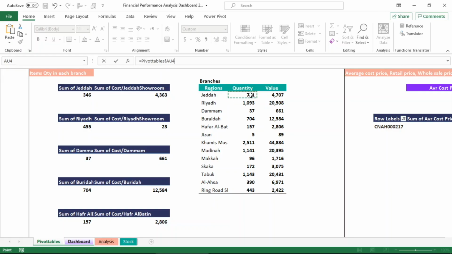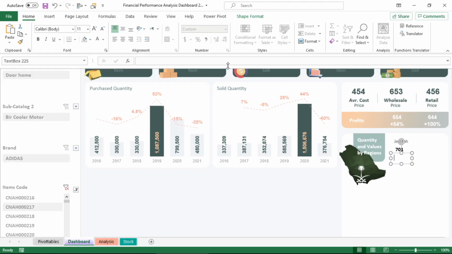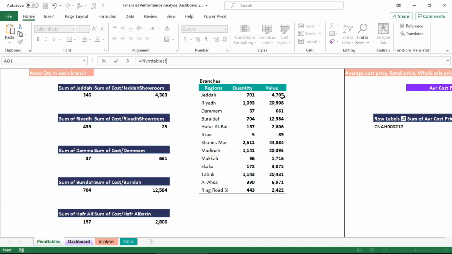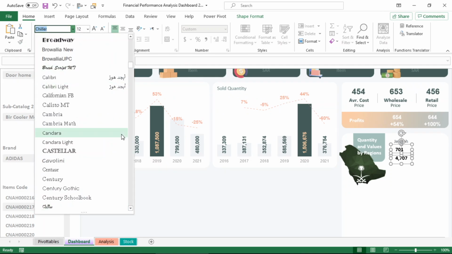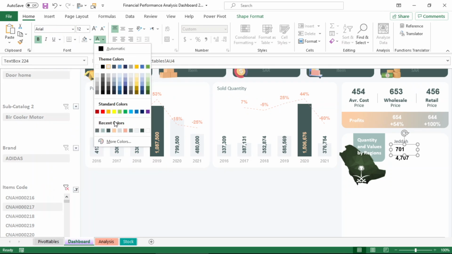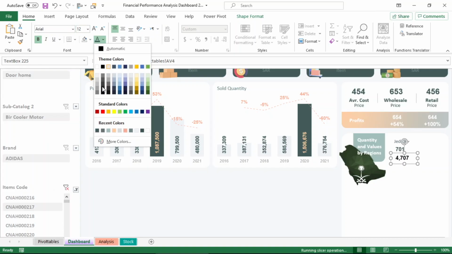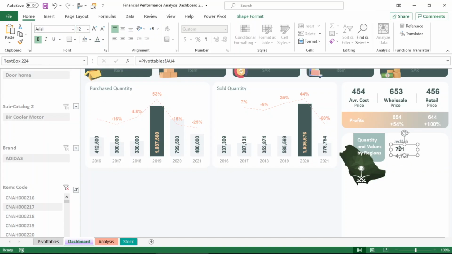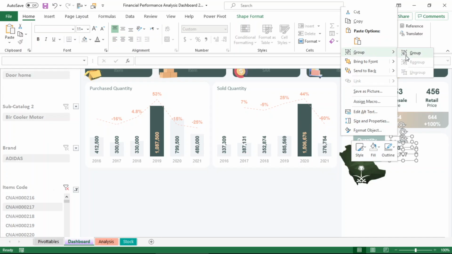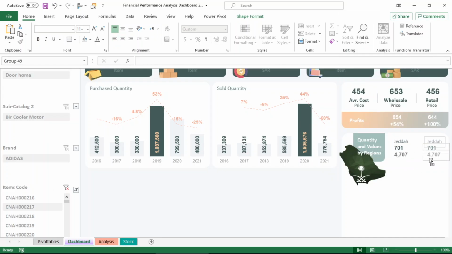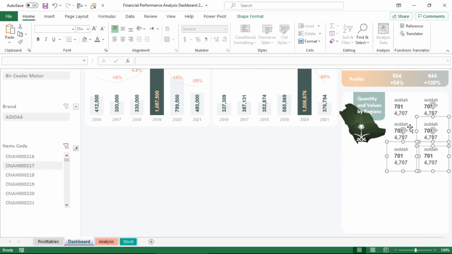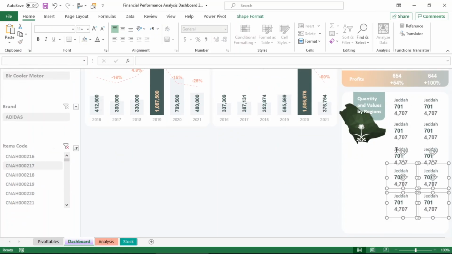And we always make sure to show the dashboard without errors even if they rarely happen. Repeat the same previous steps in all the remaining cities.